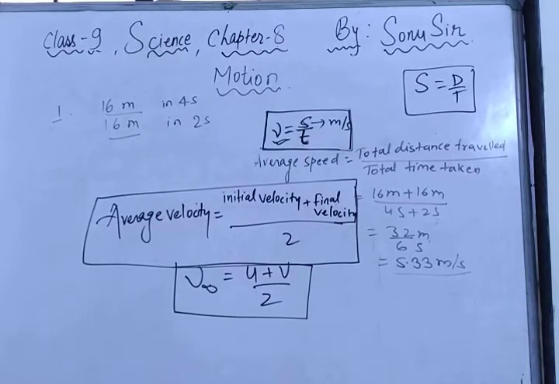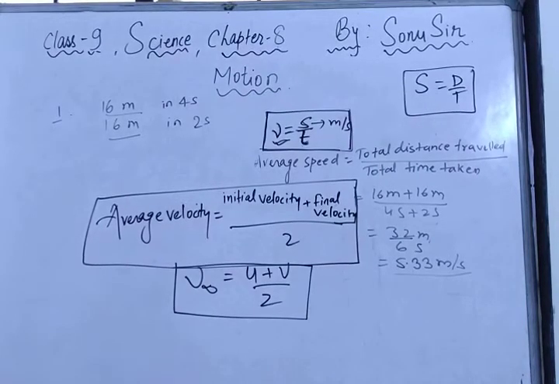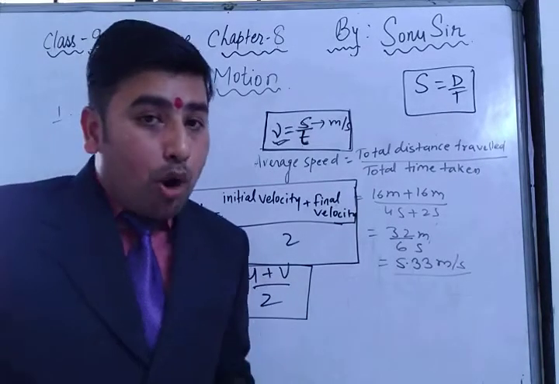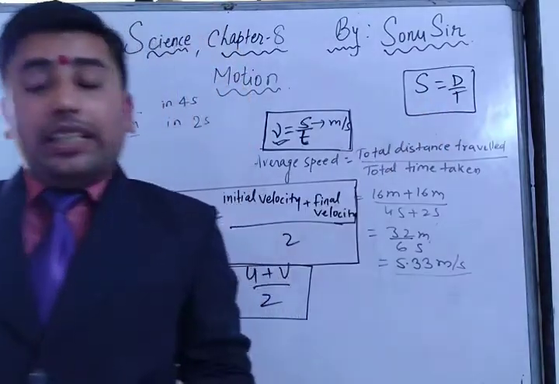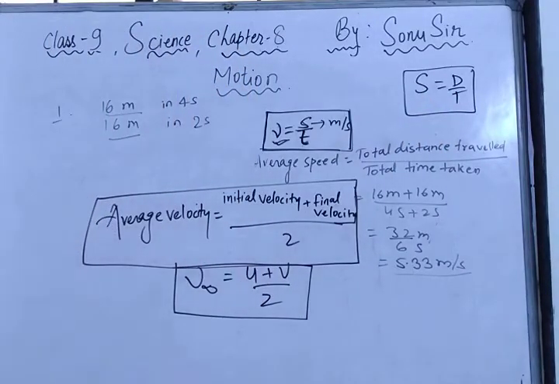Yeah. Now here I am going to give you one question. The question is, first of all you have to show the relationship between speed and velocity. Can you tell me the difference between speed and velocity? Distance traveled by a body per unit time is called speed. But if I talk about velocity, displacement of a body per unit time is called velocity.